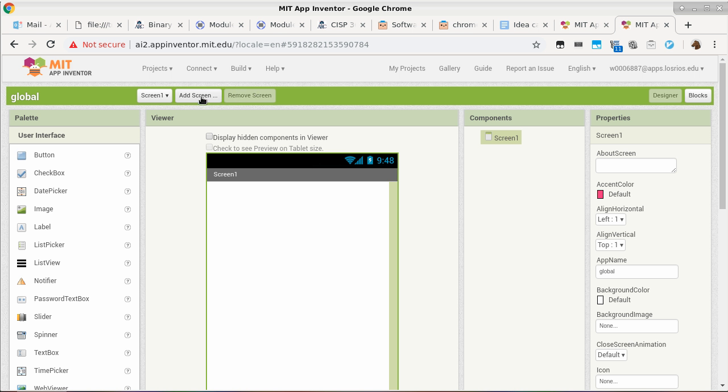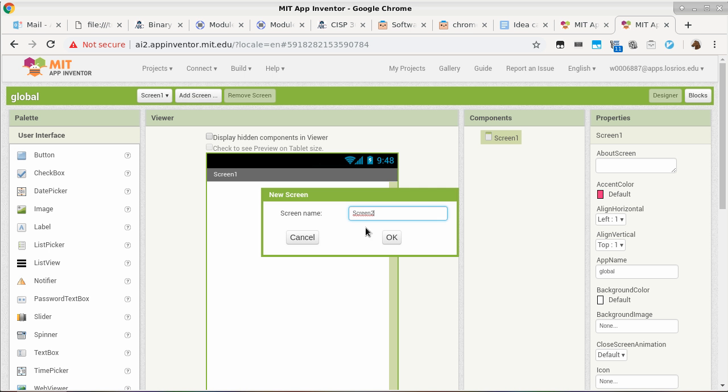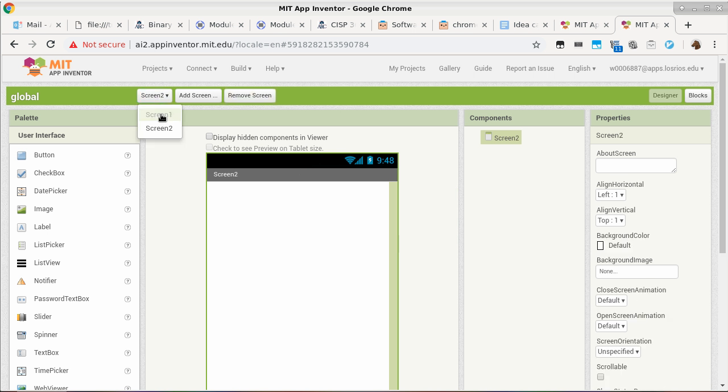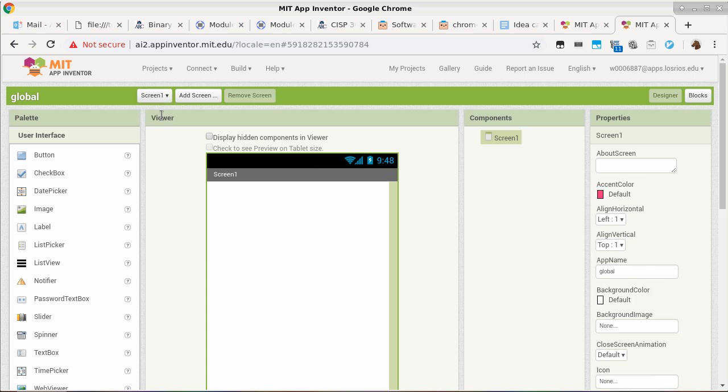Now you might think, if I add a second screen, you can see how the default is screen 2, which I'll keep for now. So now we got two screens, so we can switch from screen 1 to screen 2. Since both screens do not have anything, it doesn't seem like it's doing anything. But even with two screens, I cannot remove screen 1. Now, if I add 5 screens to the app, so it has a total of 6 screens, I can delete any one of the other screens. But screen 1 remains undeletable.